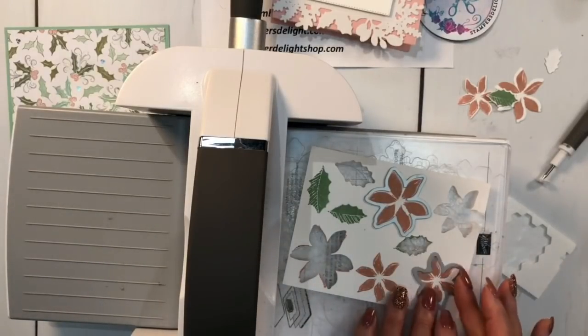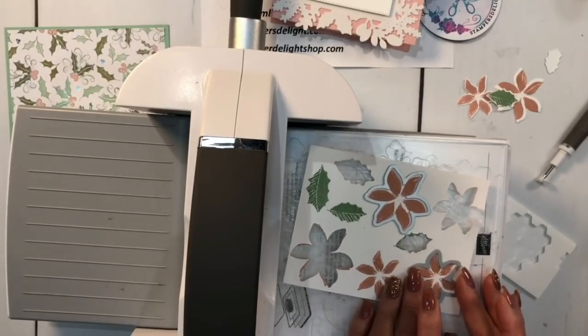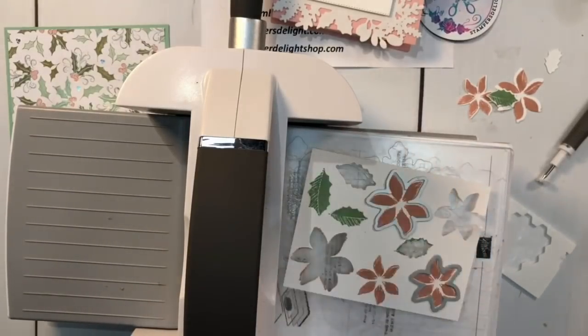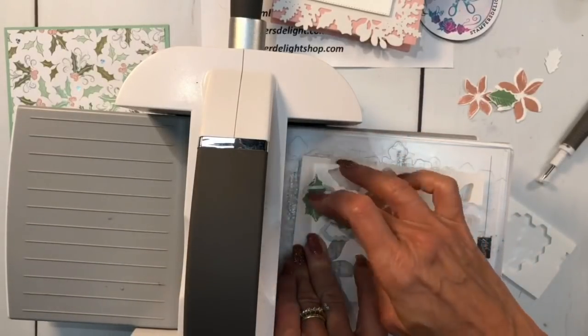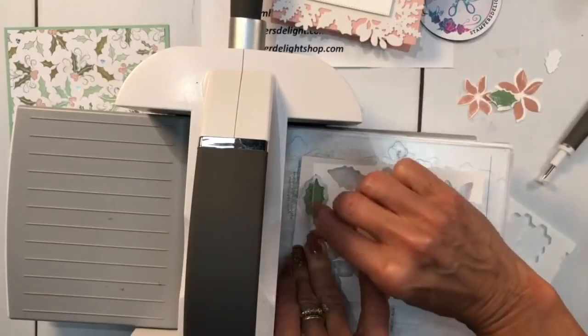Which bundle is this? It's the Merriest. Somebody tell us the full name, because I forgot already. Merriest bundle, I think. And let's just... Well, that's not good. I just dropped my die. Okay, hold up here. Might have to improvise. Oh, I found it. Those little pesky things go all over the place, don't they? Where's the weirdest place you found a stamp or a die? I'd love to hear that one, because we know how we can never find...